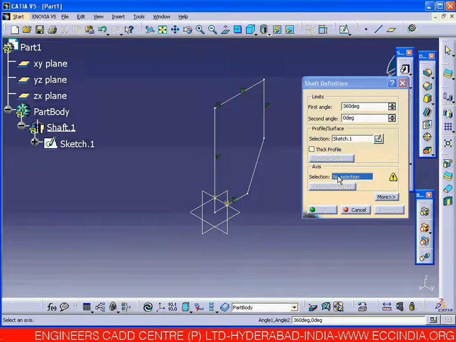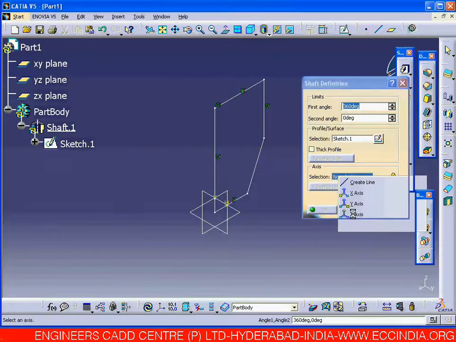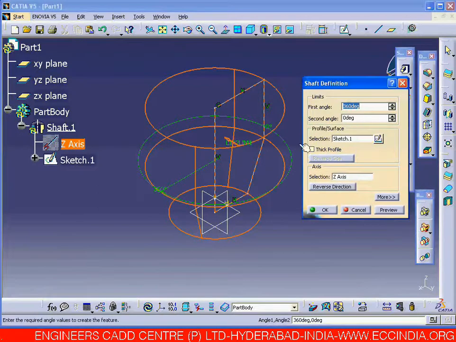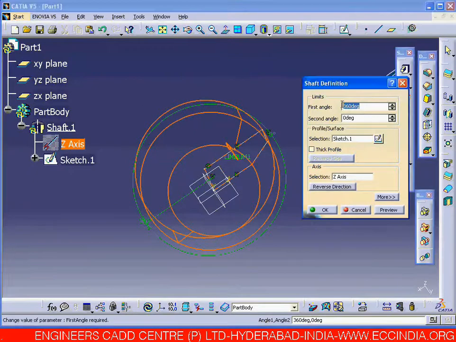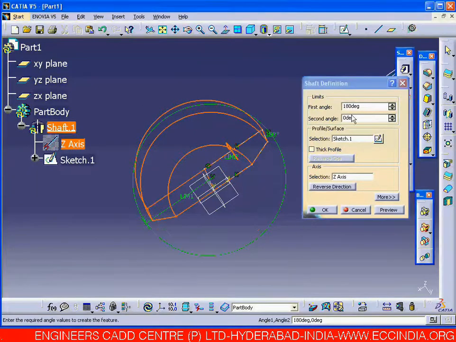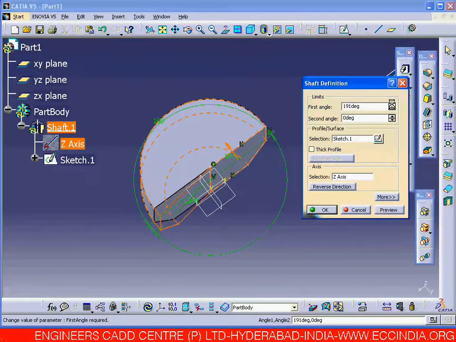So first we will go with the first one, and this has to rotate about the Z axis. The possibilities are it can rotate about the Z axis and X axis, and my requirement is the Z axis. Select the Z axis and the rotation angle. From the profile towards one side I am giving the rotation angle as 180 degrees, and the other side it is 0. See, from the profile one side it is rotated 180. So vary the angle. So from the one side it is rotated. A second side, that is the reverse side,